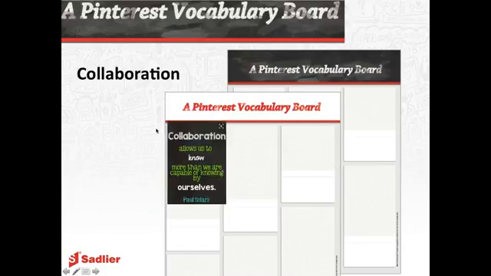Or you can even find quotes that deal with vocabulary. And so this is a great quote on a Pinterest board, and so we've got the word collaboration right there. And so really there's a lot of different play with how students create their Pinterest boards, what they put on it, but if they're really engaged in Pinterest, and then you can have them connect those beautiful, colorful crafts and ideas that they want to look at with their vocabulary, then they can see the relevance and they can really see, hey, vocabulary helps me think about Pinterest in a different way, helps me remember those words,